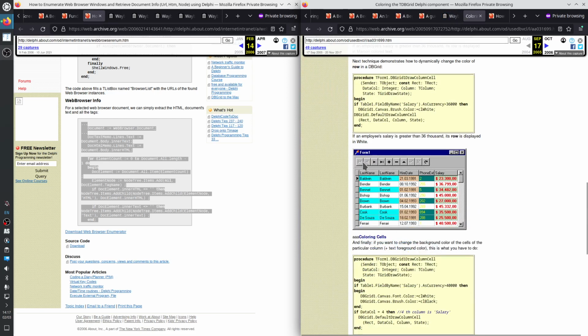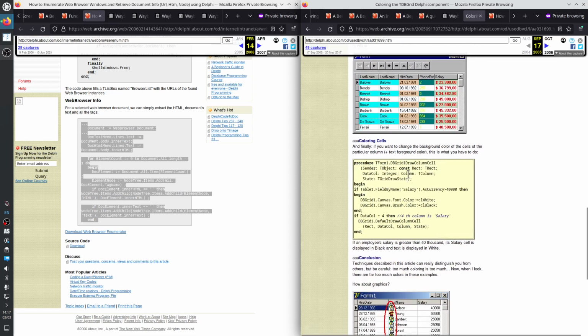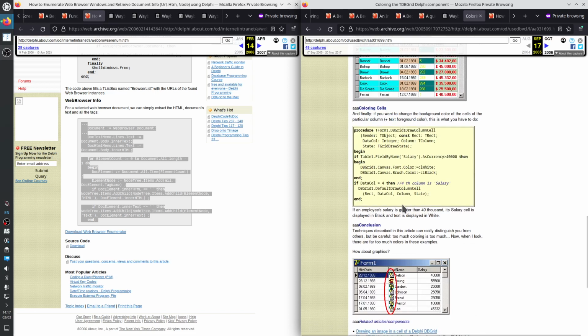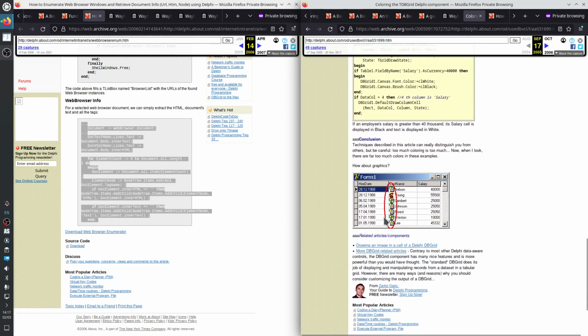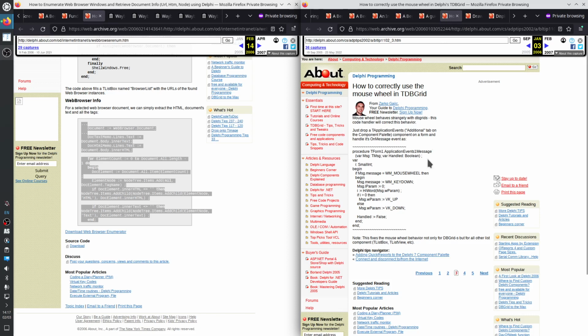This is the navigator in a DB grid. Go to first record, go to last record, previous, next. Apply. How to put graphics in a cell in DB grid. Mouse wheel in DB grid.